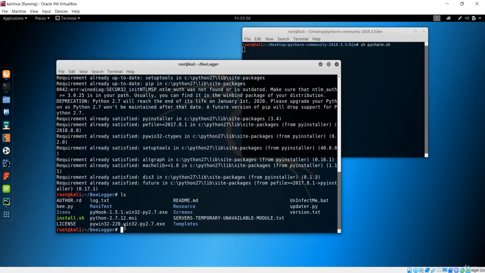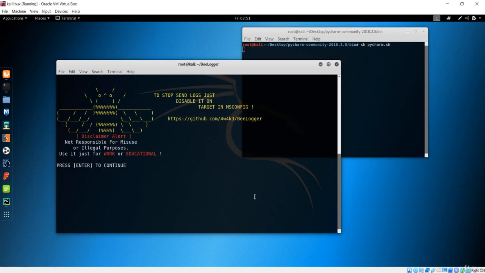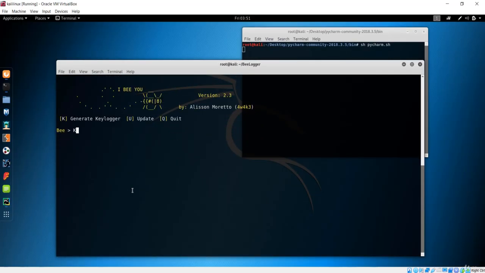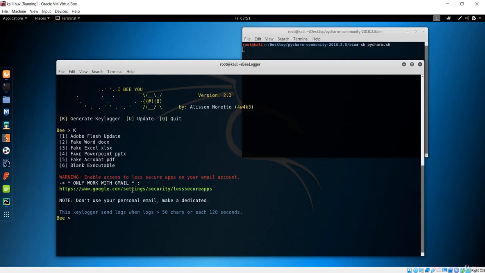Let me list all of these files, and now we again have this b.py file to run. In order to run any Python file, it is done with the python command, so let's run b.py. Now we have successfully configured the keylogger in our Kali machine. So let me hit enter, and it is going to generate the keylogger over here.